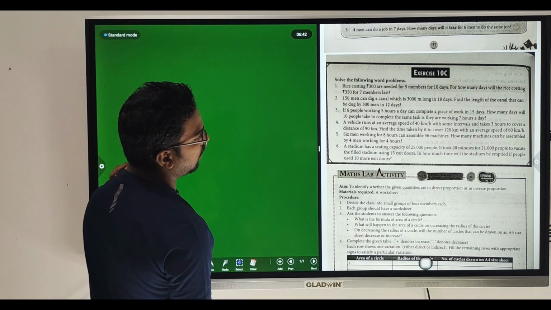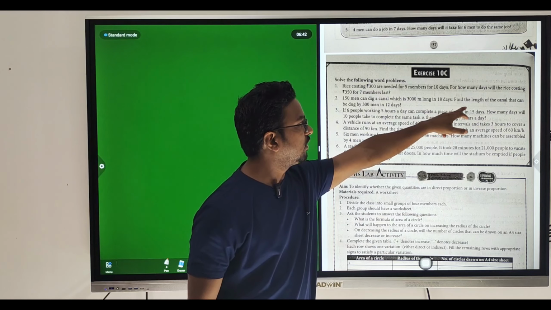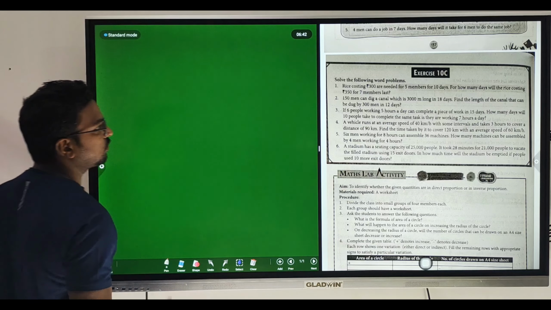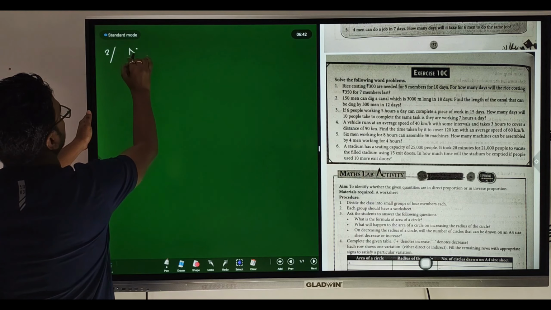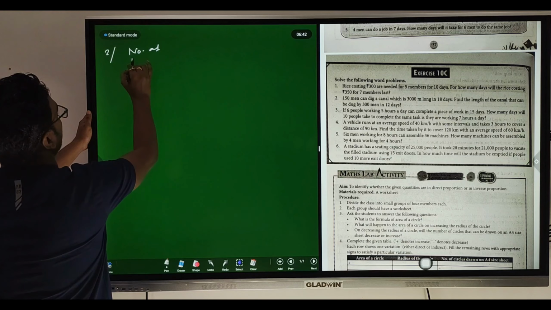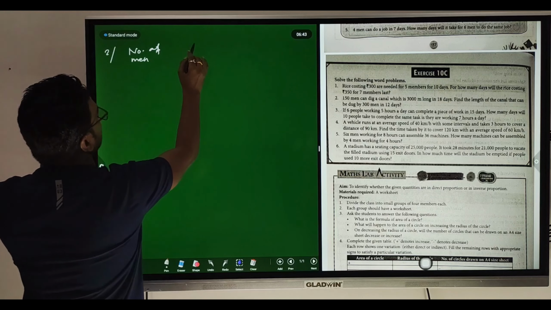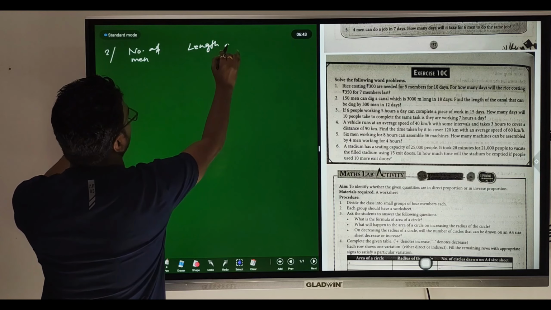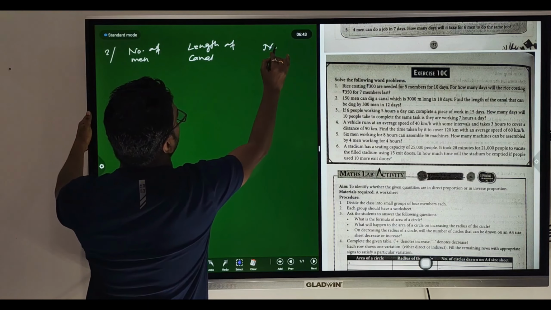150 men can dig a canal which is 300 meters long in 18 days. Find the length of the canal that can be dug by 300 men in 12 days. So here first we'll write the number of men, then the length of canal and the number of